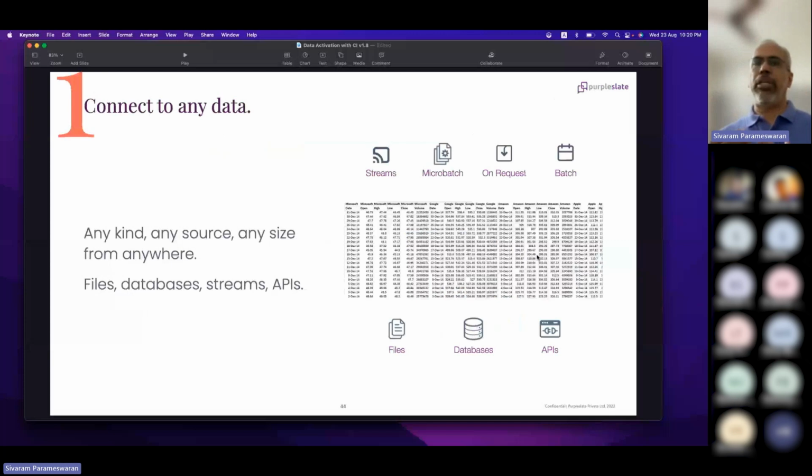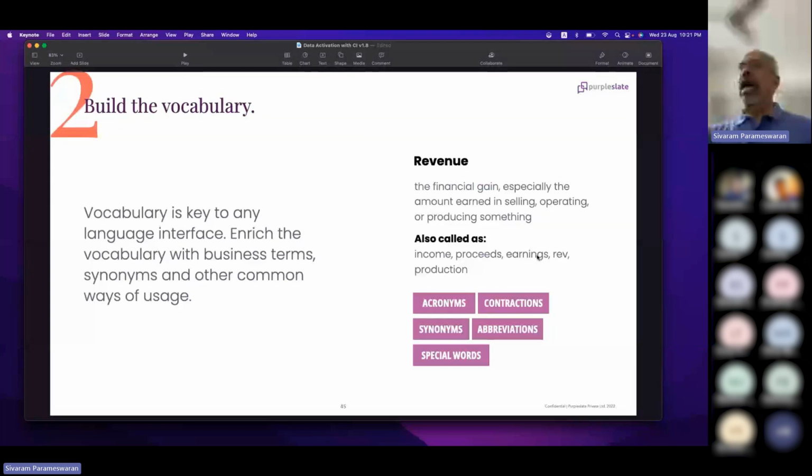Connect to data. It can be through streams. It can even listen to a Kafka stream or Event Hub, or the data could be in files, databases, APIs, anywhere. You can feed it to our low-code platform. And one key thing it also does: I told you when we are talking about language, there is always the challenge around vocabulary. Somebody could call it a location, somebody could call it a place. You can define a whole bunch of synonyms for a particular data attribute and then ask those questions.